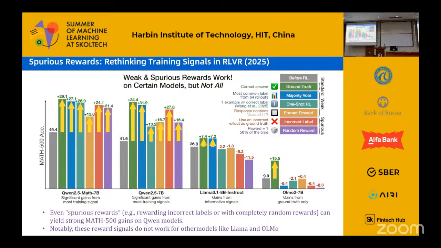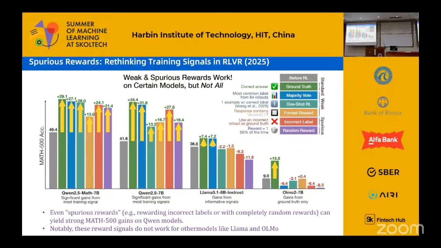Yeah, okay. So actually, this paper was surprising because in principle, you would think that a random or incorrect reward should not really help the training process. The answer is that maybe the baseline number reported is incorrect. For example, here you can see the baseline number is only about 50, but actually it should be close to 80. If you use the correct baseline of 80 and compare with those real signals, you can see there is no improvement.